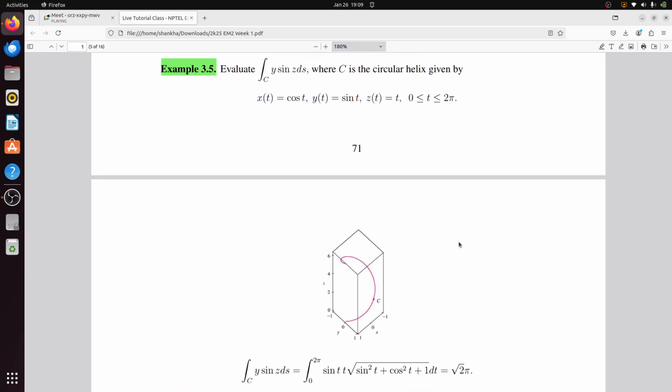Okay. So circular helix means that you are rotating around the origin, like a spring. So you have to just evaluate y sine z ds. Your y is sine t. Your sine z will be sine t. So you will get